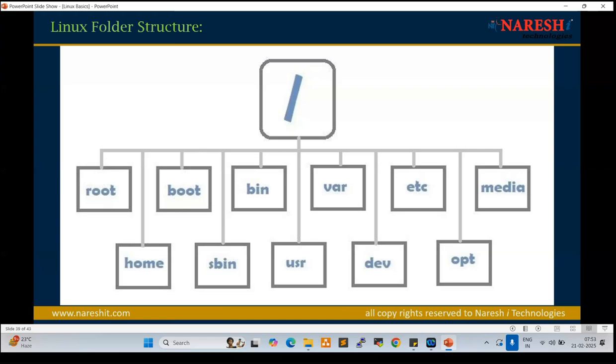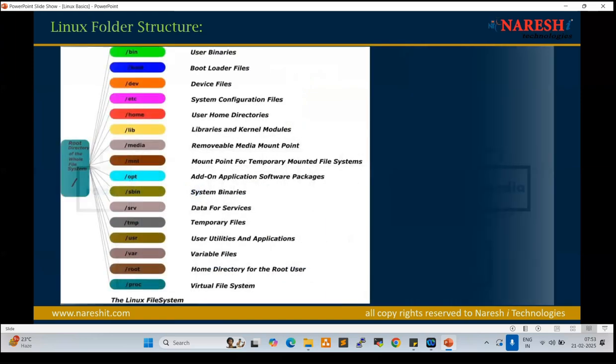Normally, when we go to a village, people identify you by your surname. Surname is very important, right? People identify you using the surname. They say, this guy is from that family, like that. In the same way, these folders we always call as slash root, slash boot, slash bin. This is the parent name, right? See here. Next slide.